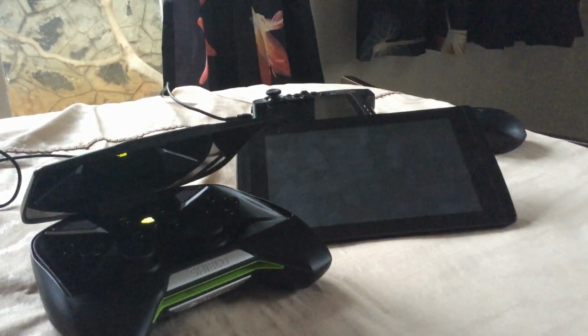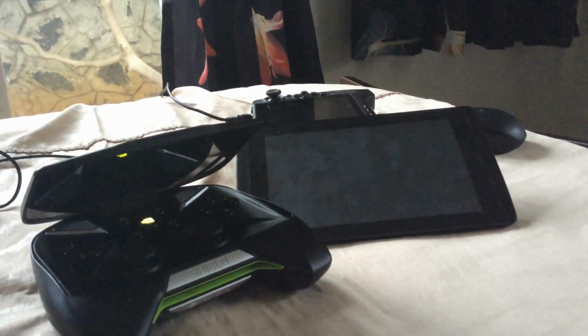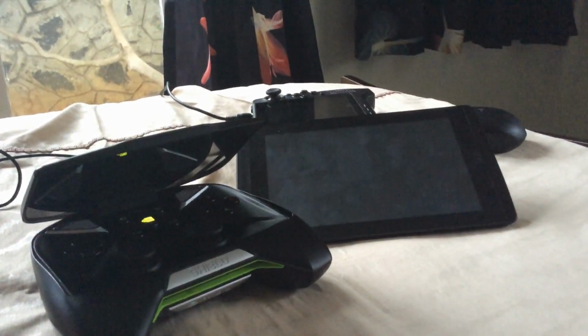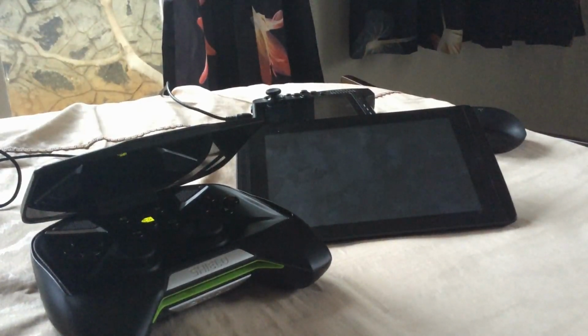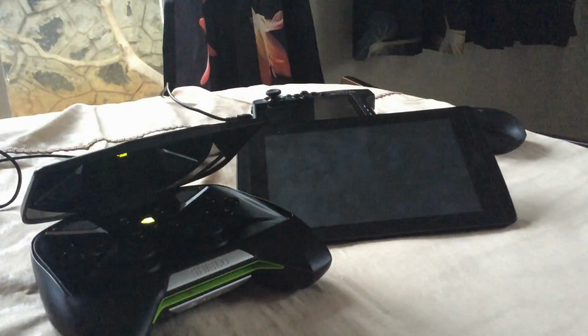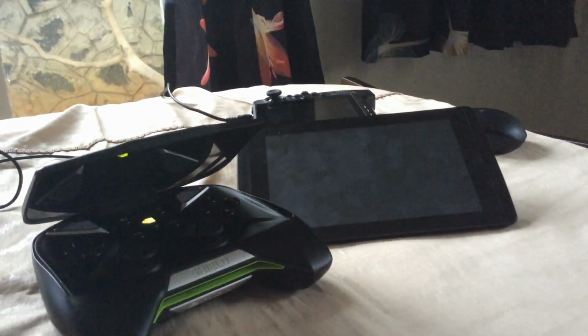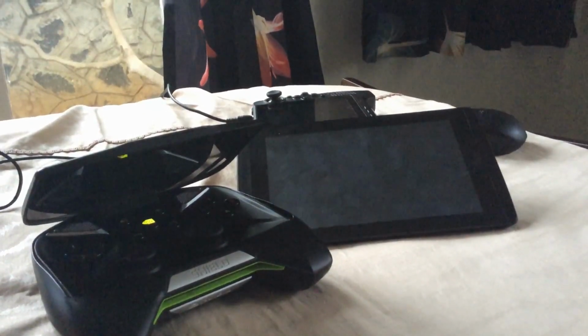That kind of also is negated by the fact that the Shield tablet and the controller are two separate devices. They're not a unified device. A unified standard is sadly lacking on the Android Play Store. You could pair up your Tegra Note with a Moga controller. You could pair up your Shield tablet with a PS4 controller or an Xbox 360 controller, but that simply isn't